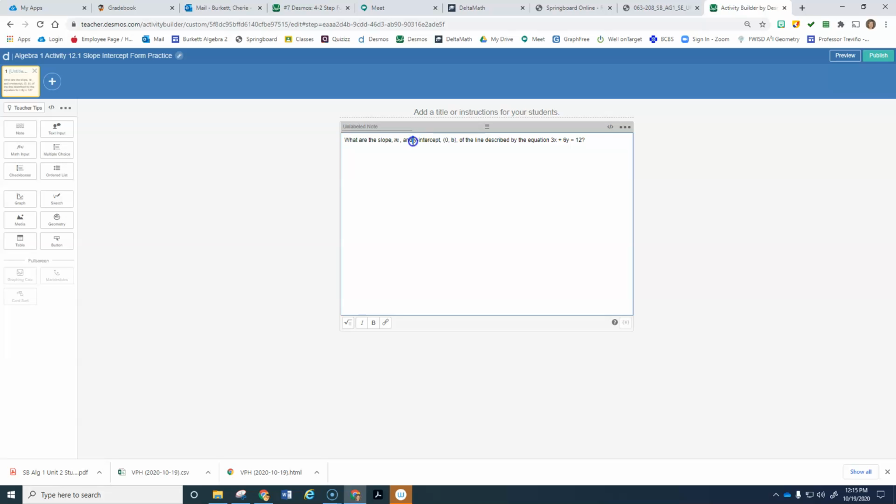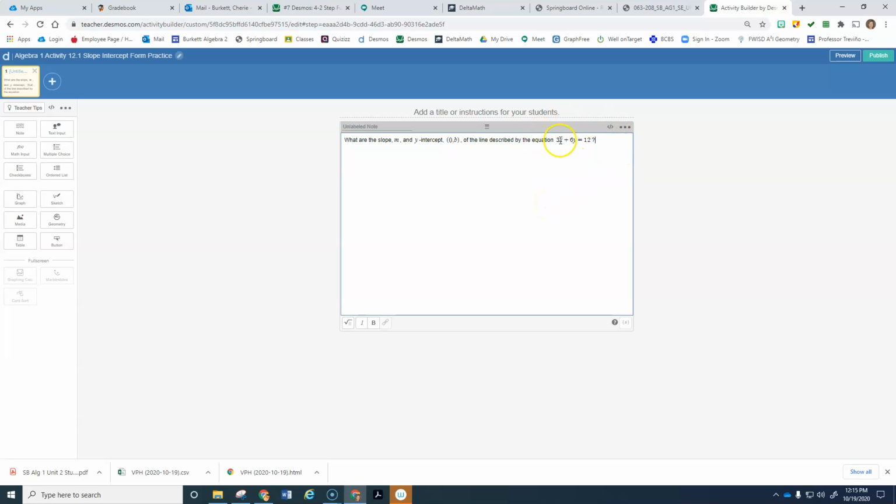So whenever you want to italicize or make something look mathematical, then you just type it in using the equation editor and it translates it all. Okay, but really what I want to do is, I don't want to ask this whole question on this slide, because I want them to